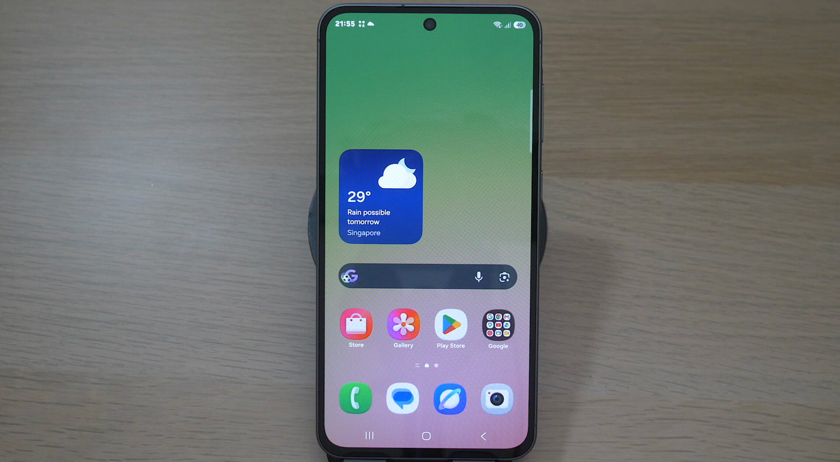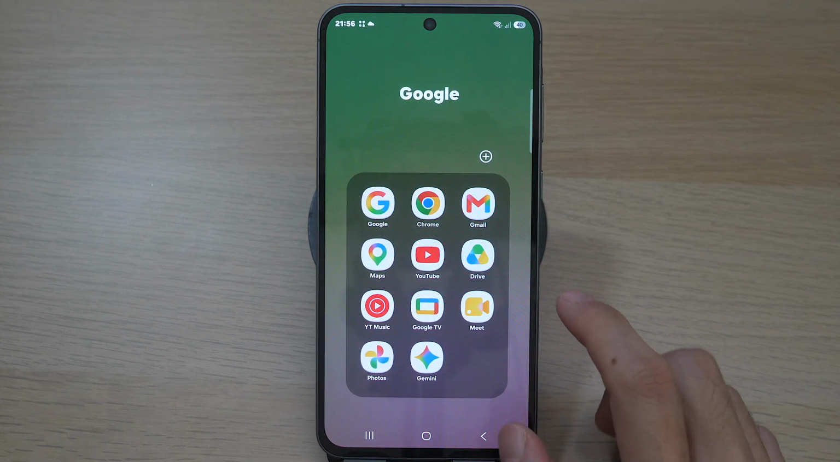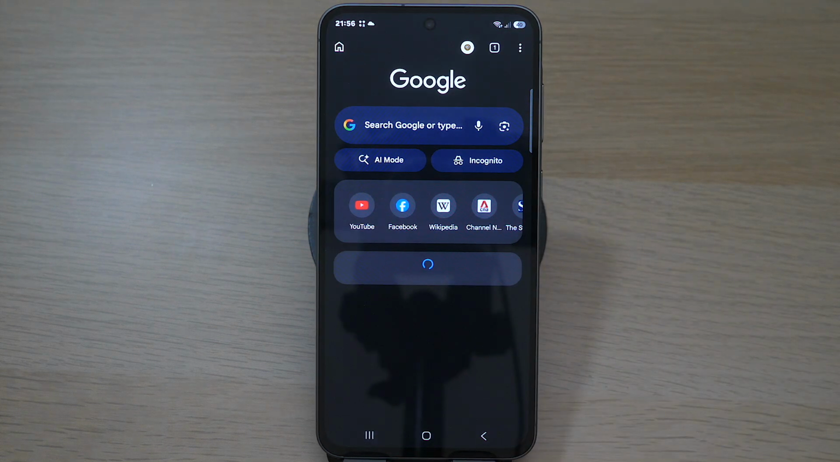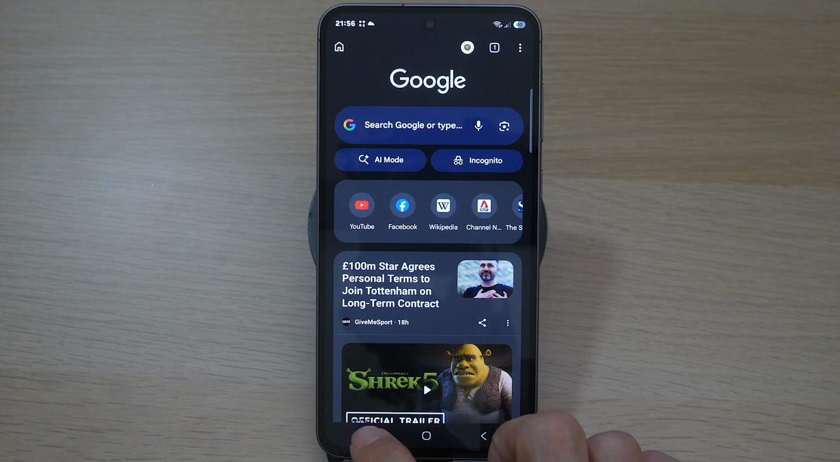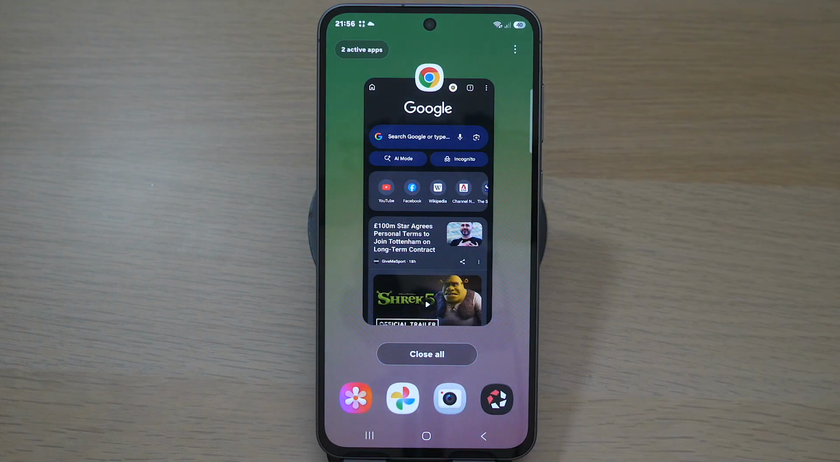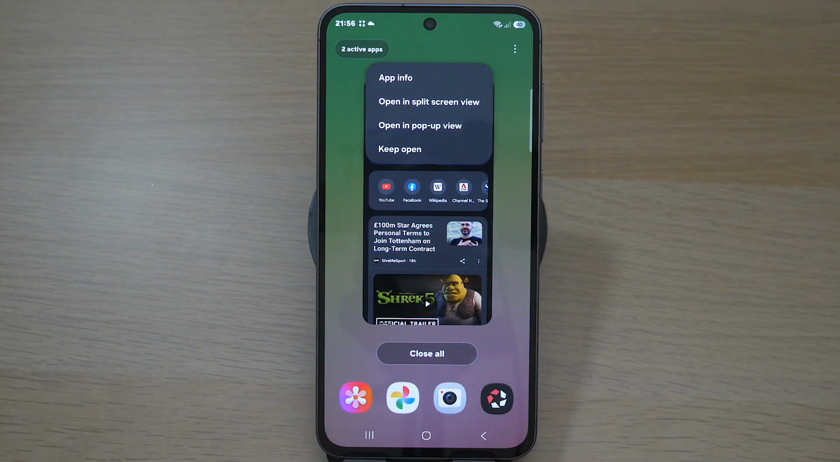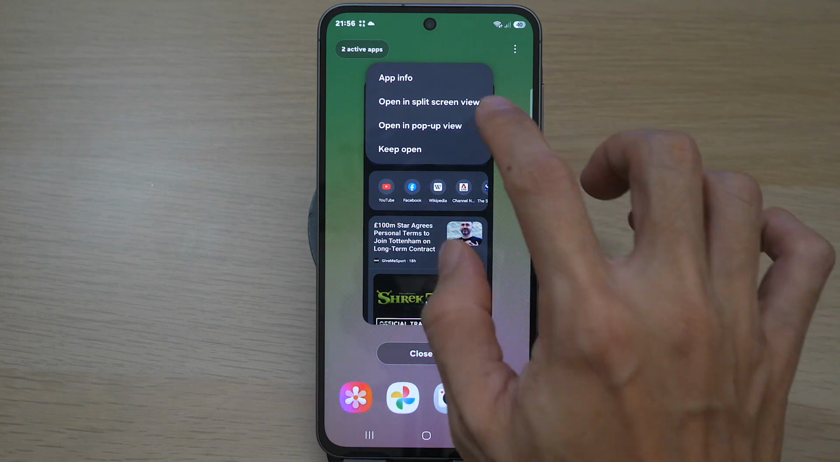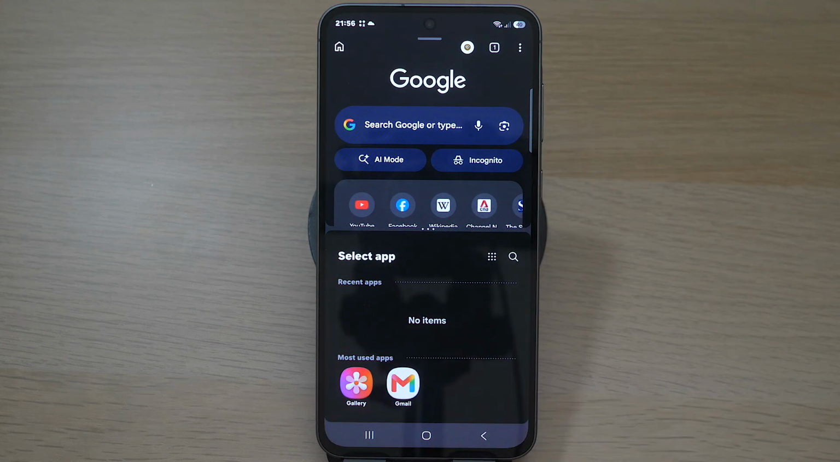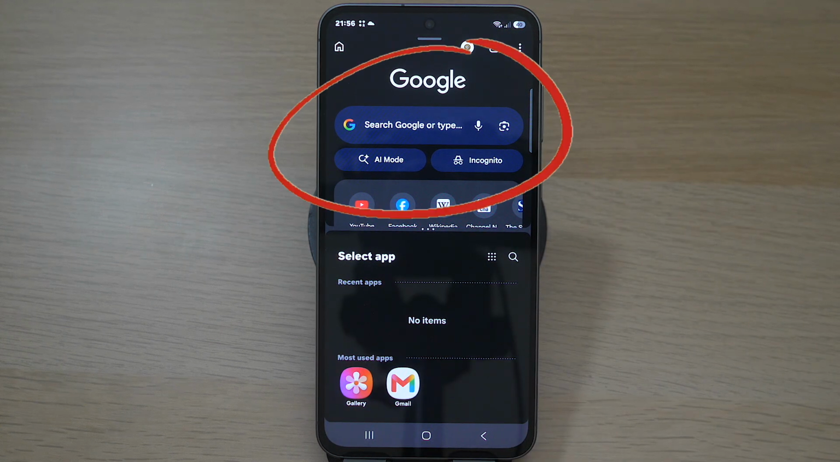So let's say you are now currently using the Chrome app. Tap on the three lines icon on the bottom menu. Tap on the Chrome icon on the top of the page here. Tap on Open in Split Screen View. Here you can see the Chrome tab is on the top of your screen, while another screen opens up at